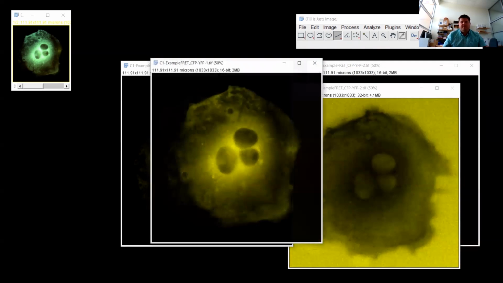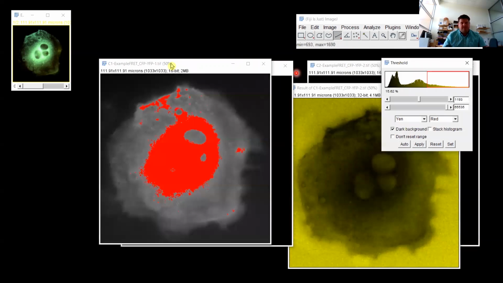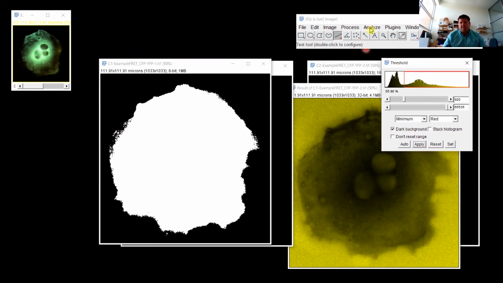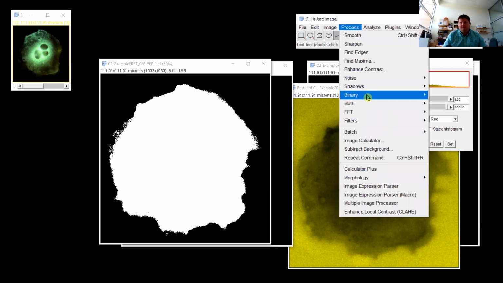I can also duplicate that channel once I've done the math, and take a threshold, turn it into a mask,